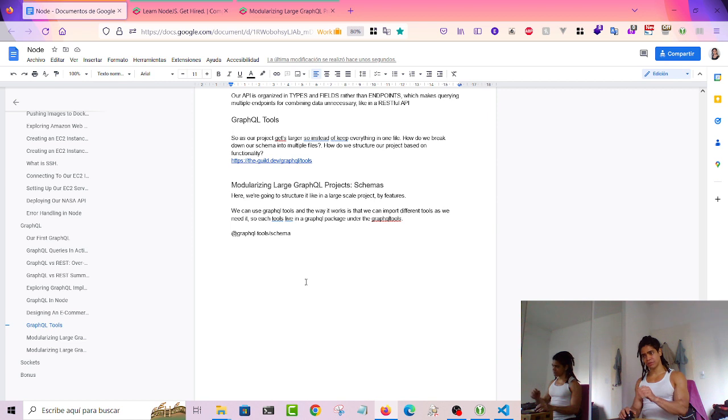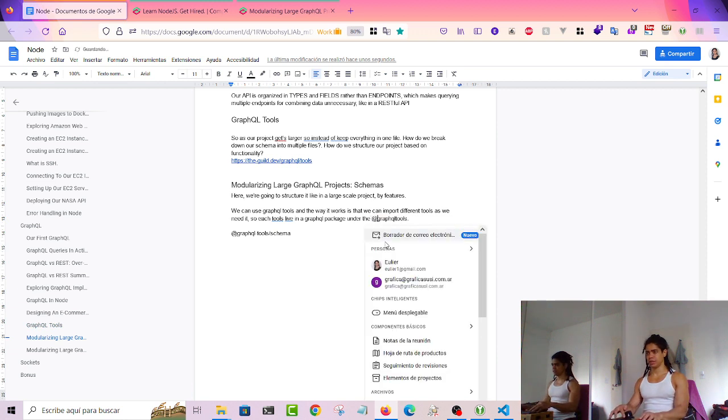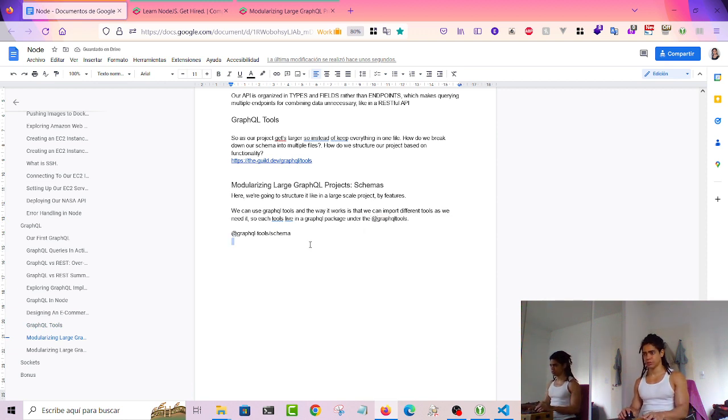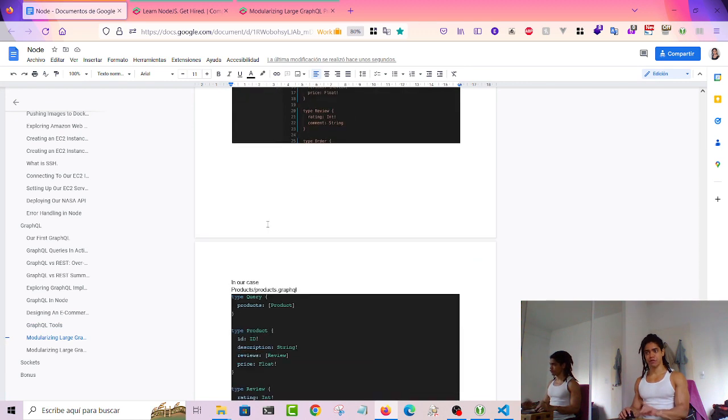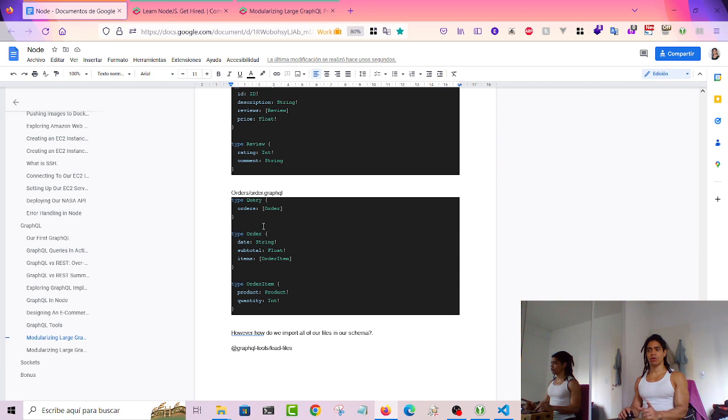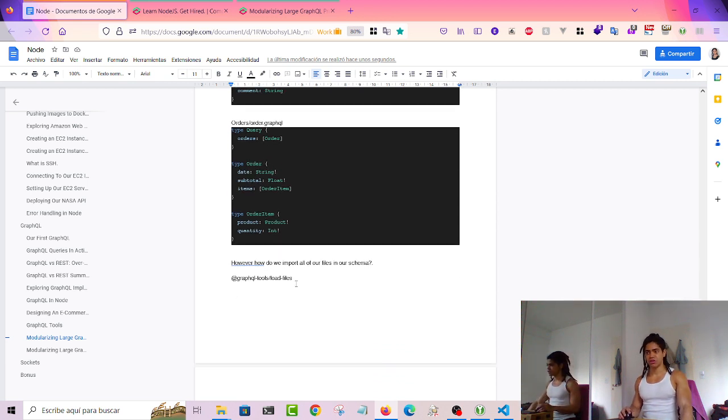So each tool lives in the GraphQL package under the GraphQL tool, under the add GraphQL tool. Okay, so here we make use of a schema, and if we want to load or import all of our files into our schema, we use this particular